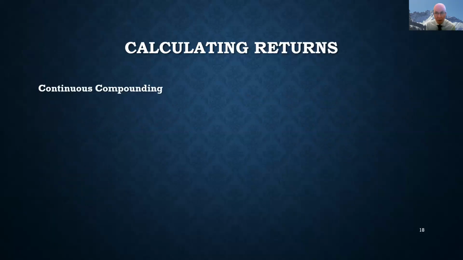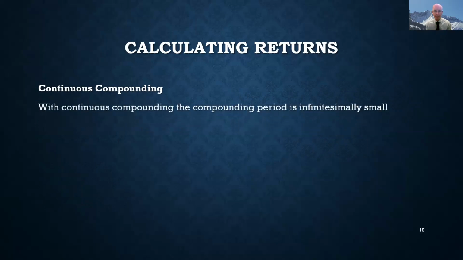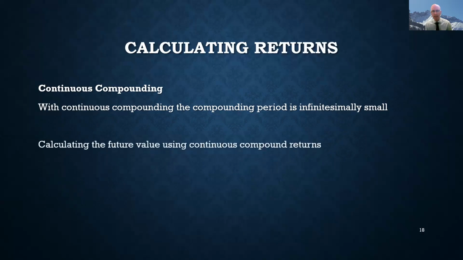And now we're going to look at our third form of compounding, which is continuous compounding. With continuous compounding, the compounding period is infinitesimally small, less than a second. We slice up that timeline very, very fine. So, calculating the future value using continuously compounded returns,